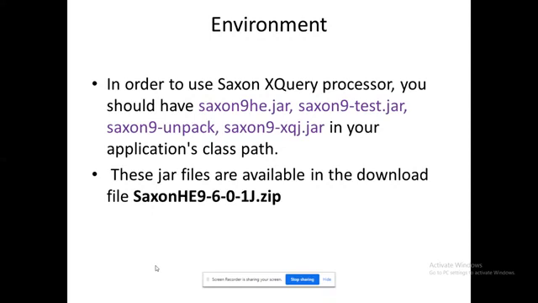So if you want to run XQuery, you need these jar files. All these jar files are available as a zip, right? So you can download it even from the Oracle website, or from the XML base website, or you could find it at Programmers World. Wherever, just type Saxon for XQuery, and ultimately you will get these jar files.